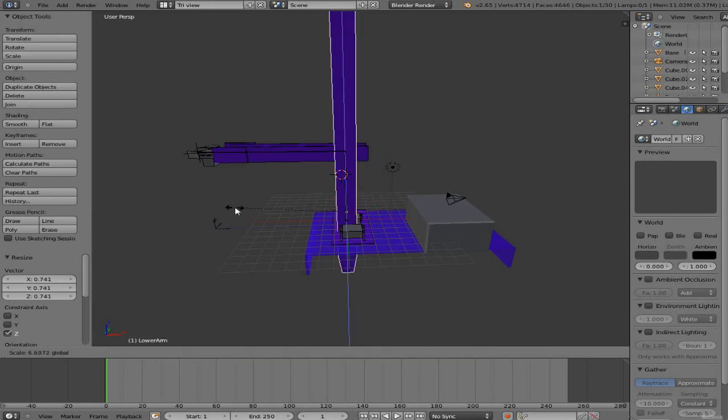If I want to flip an object, if I want to mirror it, I can just scale it in the opposite direction,